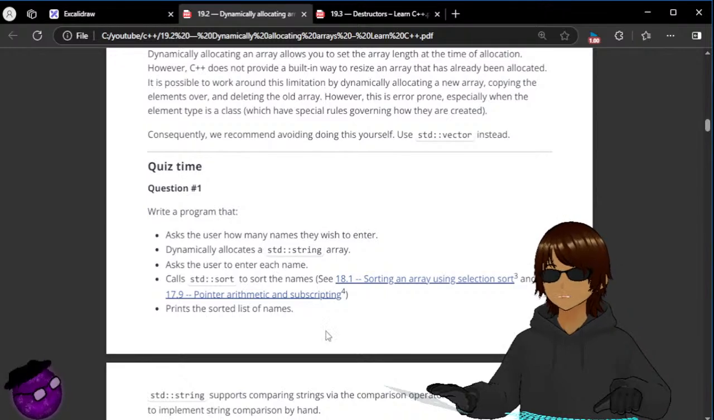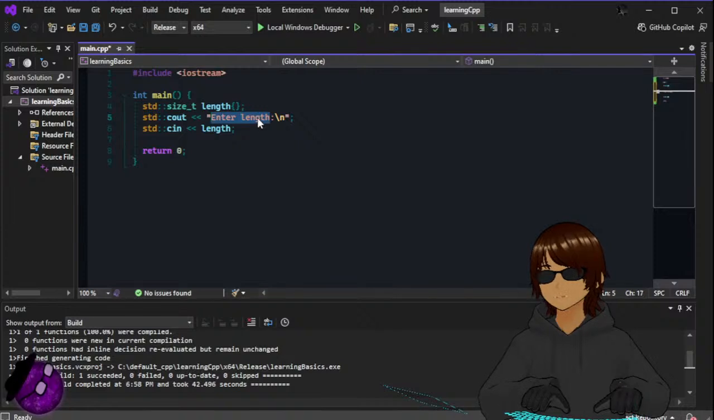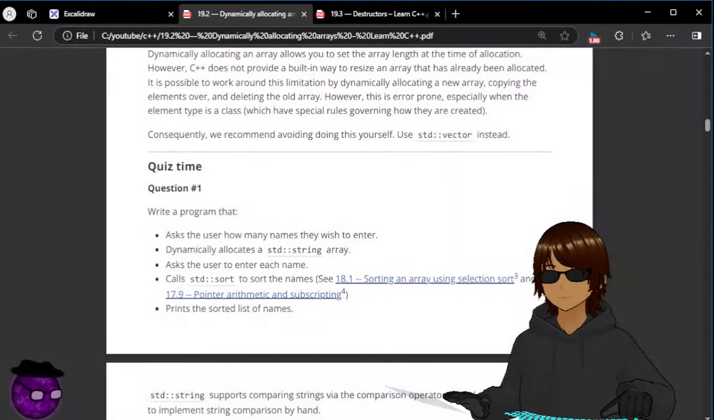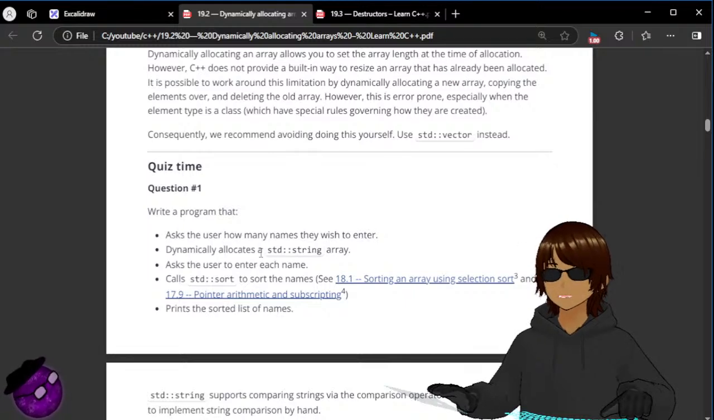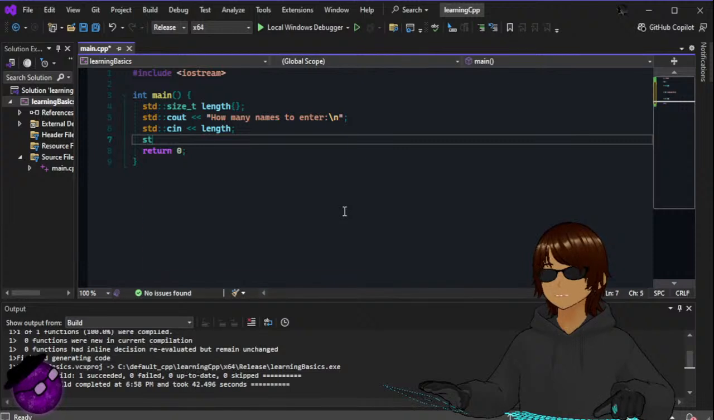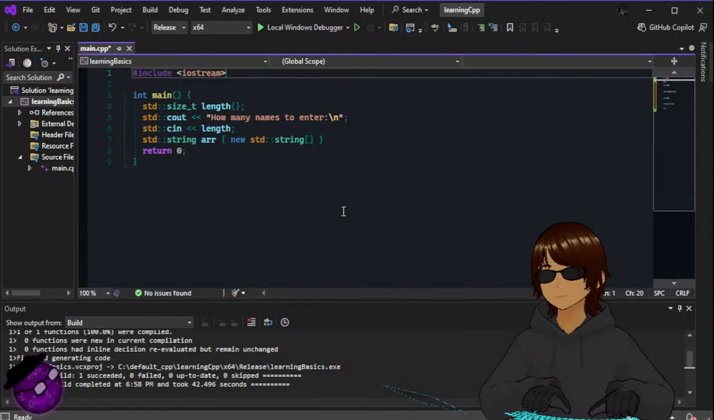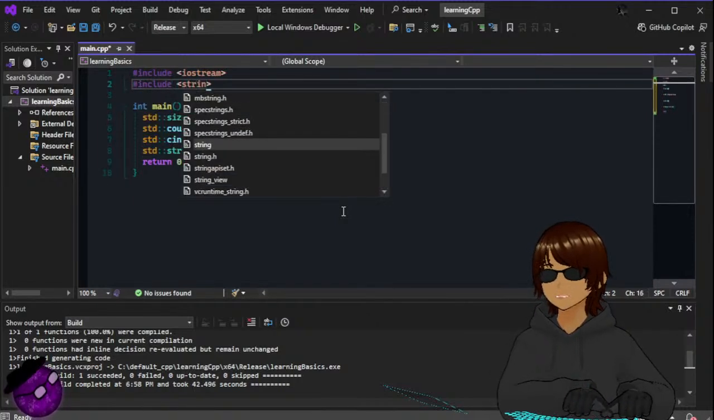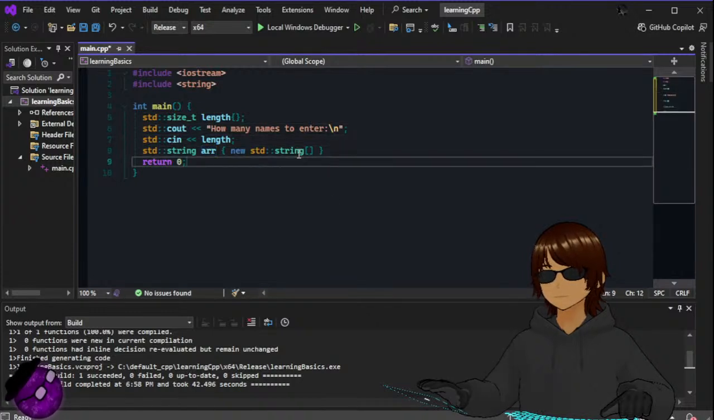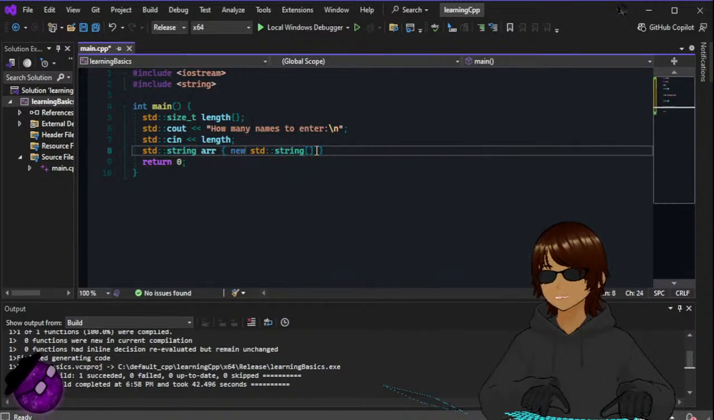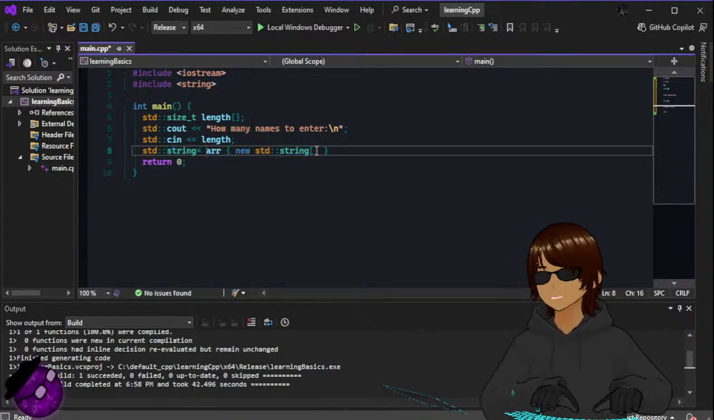Ask the user how many names they wish to enter. How many names to enter? Dynamically allocate a std::string array. So std::string array is new std::string, hold on, include string, and it's a pointer to string, and then